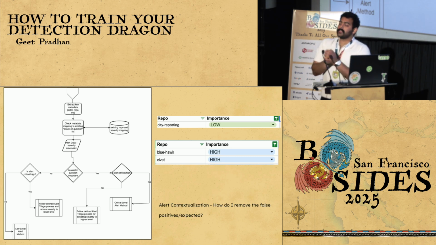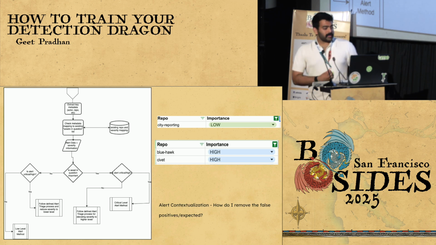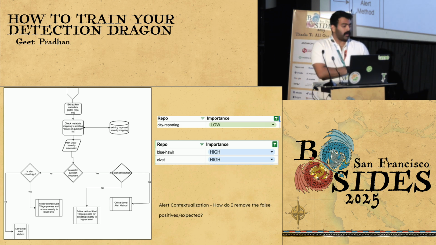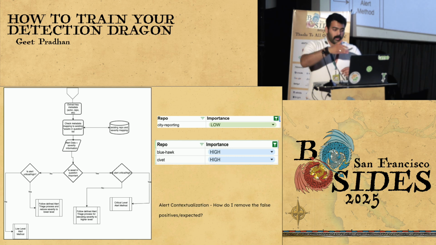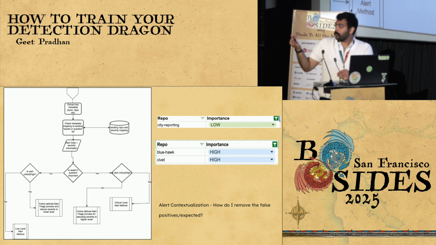And a lot of the things that you will realize as you build this out and scale it: you don't have time to respond to every alert straight away. You'll get back to it, right? So this is a rough diagram we've done. An alert comes in, you check if repository A exists. Is there a level of importance to this repository? If there is, then triage it the way it's supposed to be or even escalate it. If it's not, maybe we de-escalate for now and go back when you have some bandwidth.